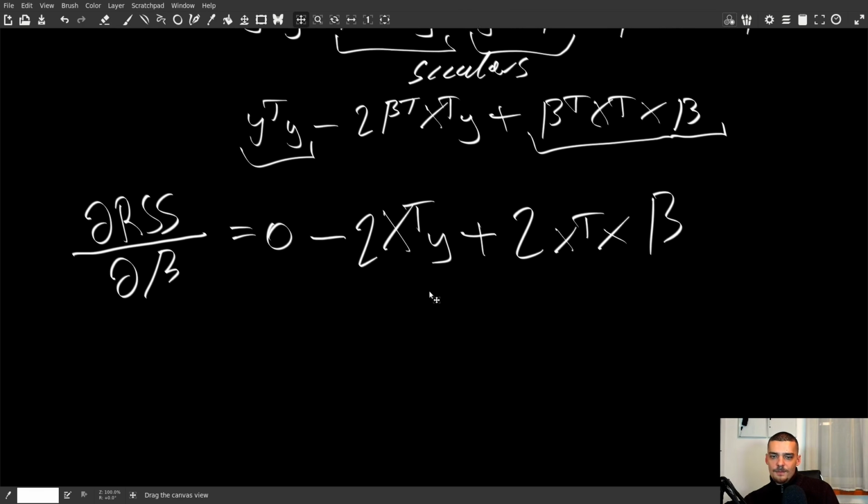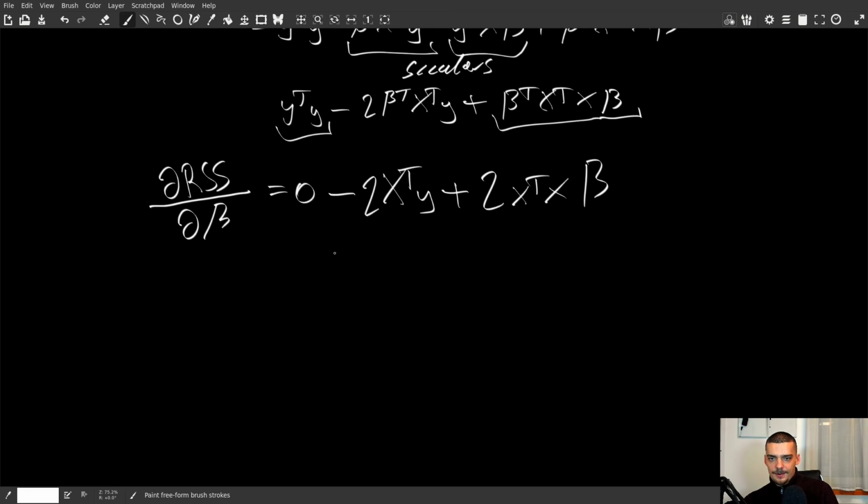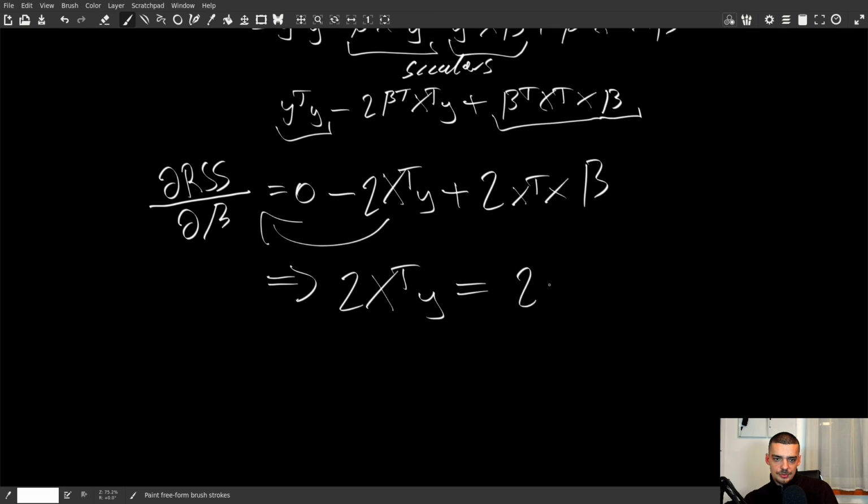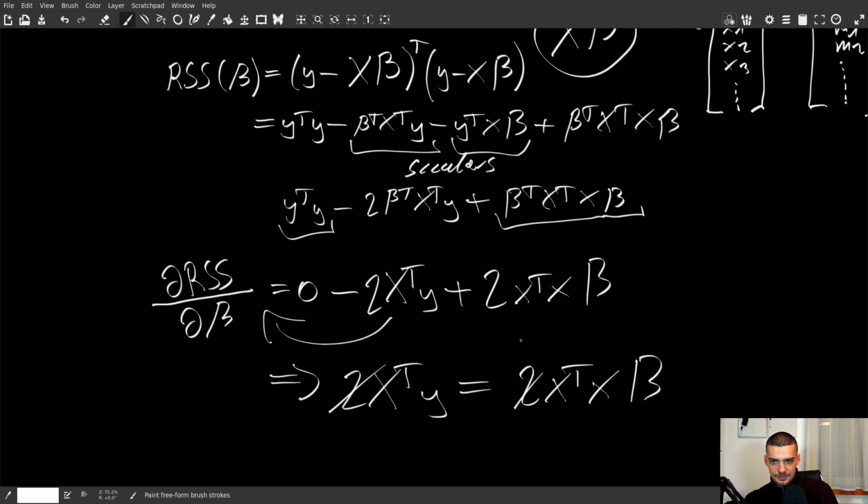And that is now much easier to work with, because now I have this statement. I can easily say now, since this is 0 minus and then plus, I can just take this here to the left side, and I can say that this essentially means 2 times x transposed y is equal to 2 x transposed x beta. So what I can also do now is get rid of the 2, and what I want to have, I should say, if I set this to 0,